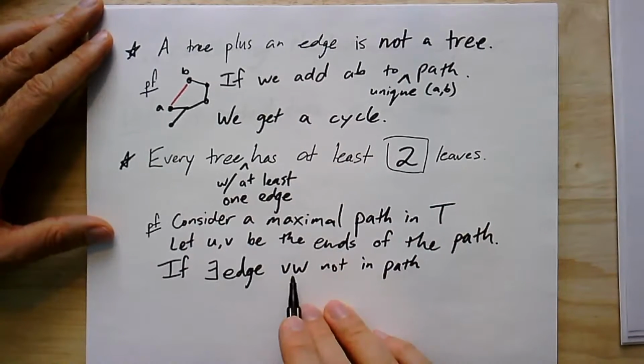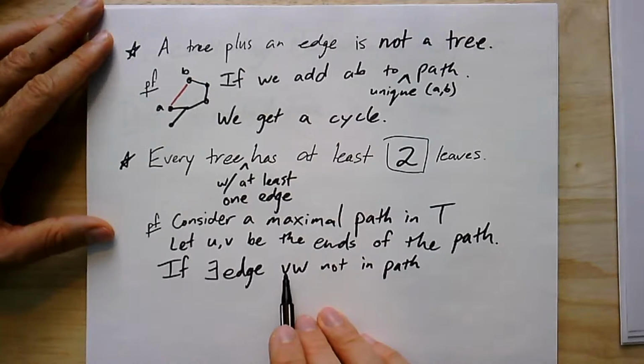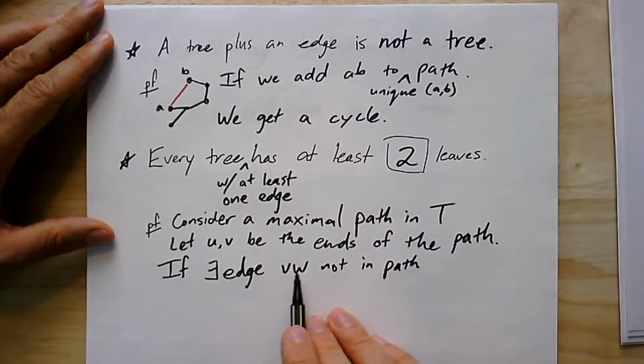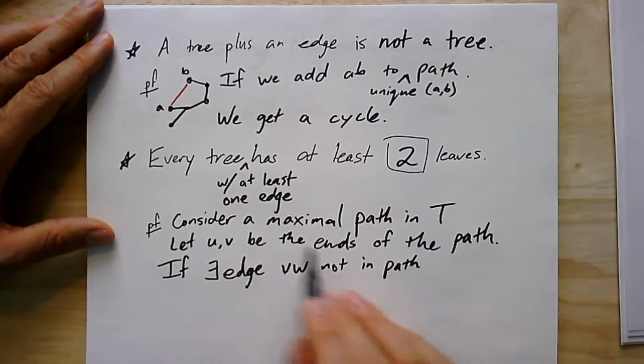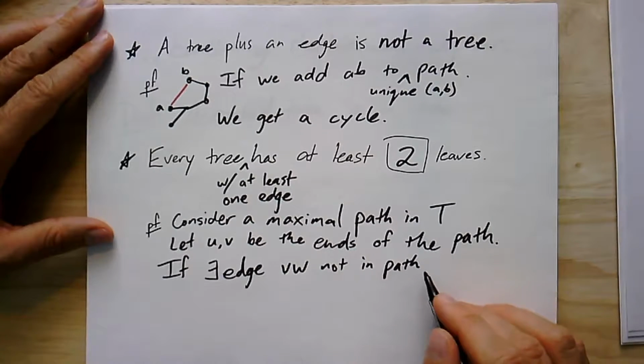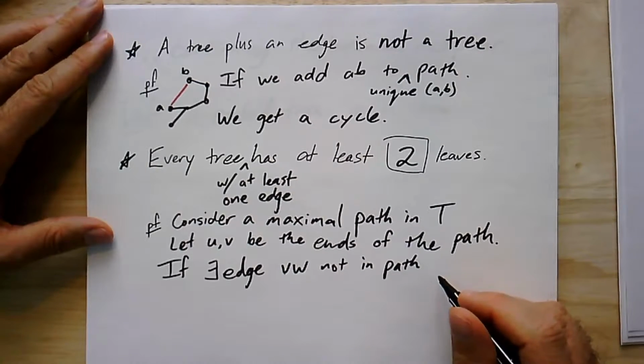I know that it's maximal, so it must be that adding the edge VW wouldn't make a longer path, but in fact would make it not a path, which means it would make it not injective, which means W had to already be in the path. But that would mean that we have a cycle, right? Because